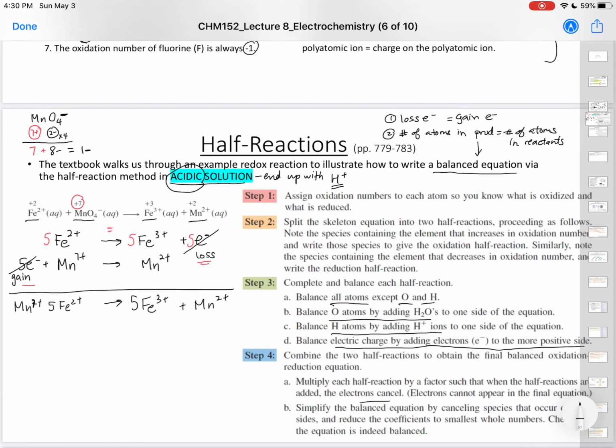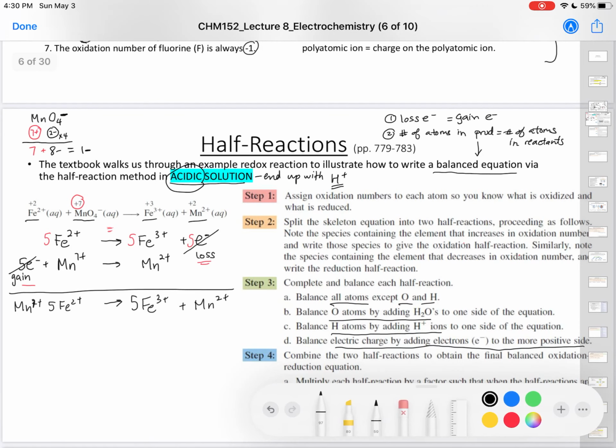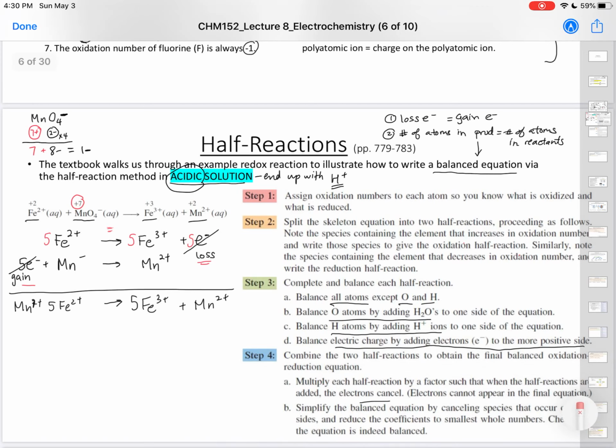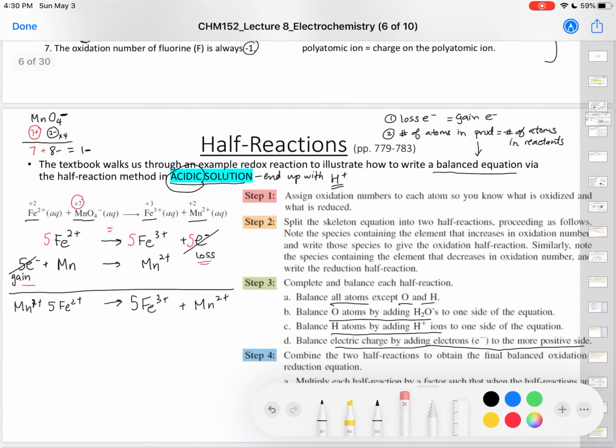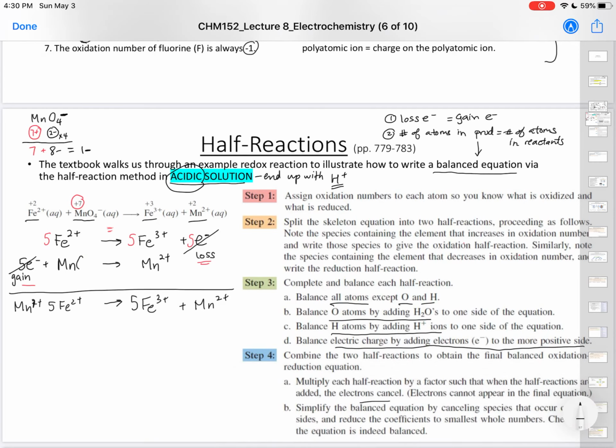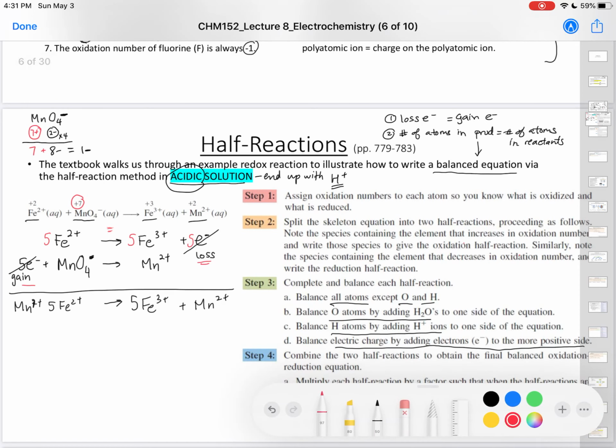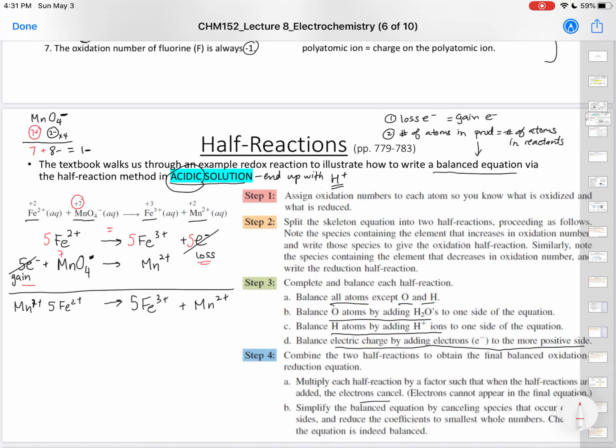Okay, now the last thing that you need to do, and I like to do this last, but you can do this first if you want, is really keep track. The Mn7 plus is really, I'm going to erase this real quick. This Mn is actually really MnO4 minus, right? It carries a charge of 7 plus. I'm going to write that really high up above it. Okay? So really,